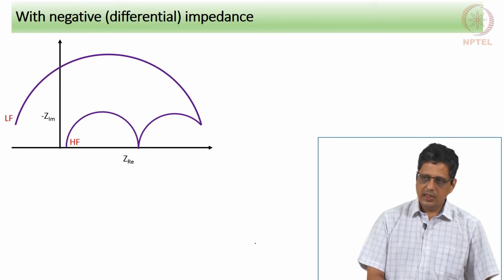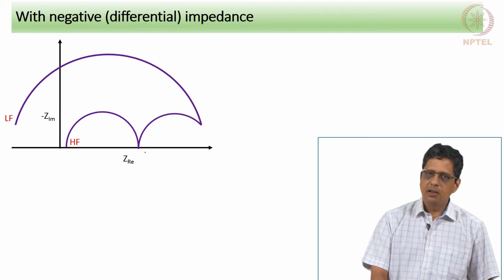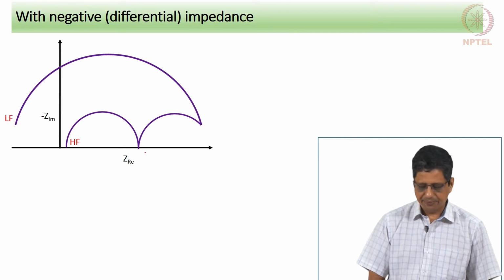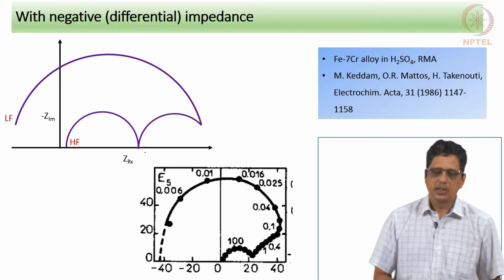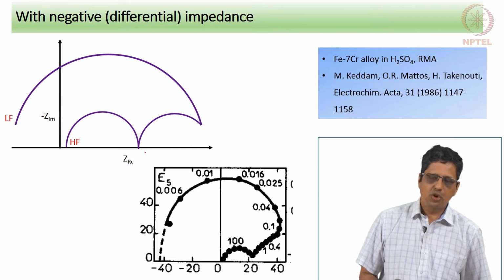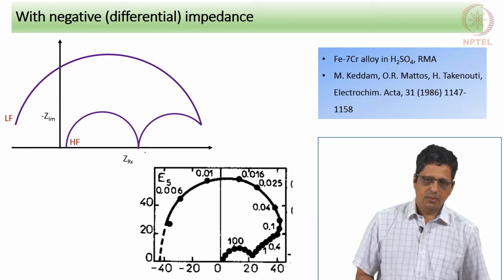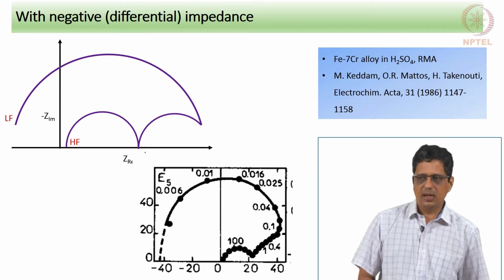Another example to show negative differential resistance occurring with a different pattern. Okay. High frequency capacitive loop, mid frequency capacitive loop, and low frequency capacitive loop with negative resistance, seen in iron chromium alloy. If you see some publications in the 1980s with iron dissolving in sulfuric acid, iron chromium alloys dissolving in sulfuric acid, nickel deposition, zinc electrode deposition, published by Professor Epelboin's group and Professor Keddam's group, they have analyzed quite a variety of patterns and were able to model this.